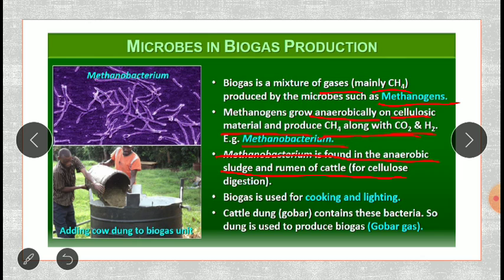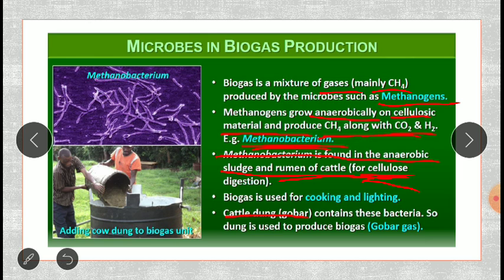Usually, cattle eat green plants, grass and leaves. When they eat all these things, they take in a heavy amount of cellulose through the plants. To break down or digest that cellulose, they require the help of Methanobacterium. Hence, Methanobacterium is present in the digestive tract of the cattle, helping them digest the cellulose. So this methanogen can be got from the cattle dung,